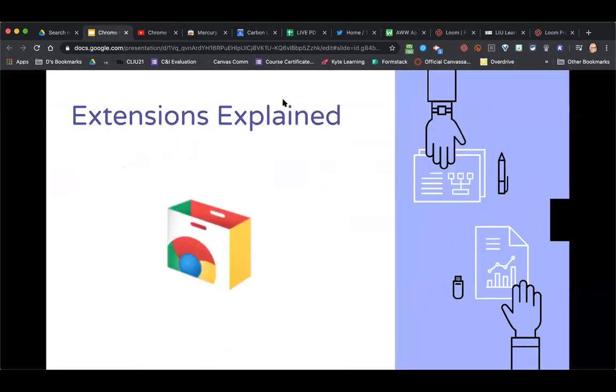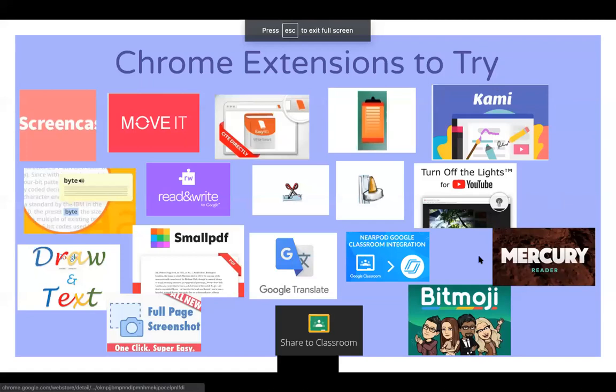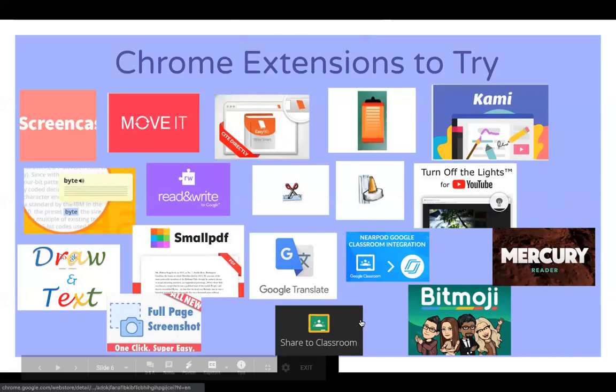Okay, so that really was just kind of a quick, this is what an extension does. So I'm really going to just jump right in here and start to dive into some of these extensions. And as I said, every one of them that I'm going to go over is linked in this next slide. So this slide right here in that slide deck, every single one of these is linked right to the Chrome Web Store to show you where to get that